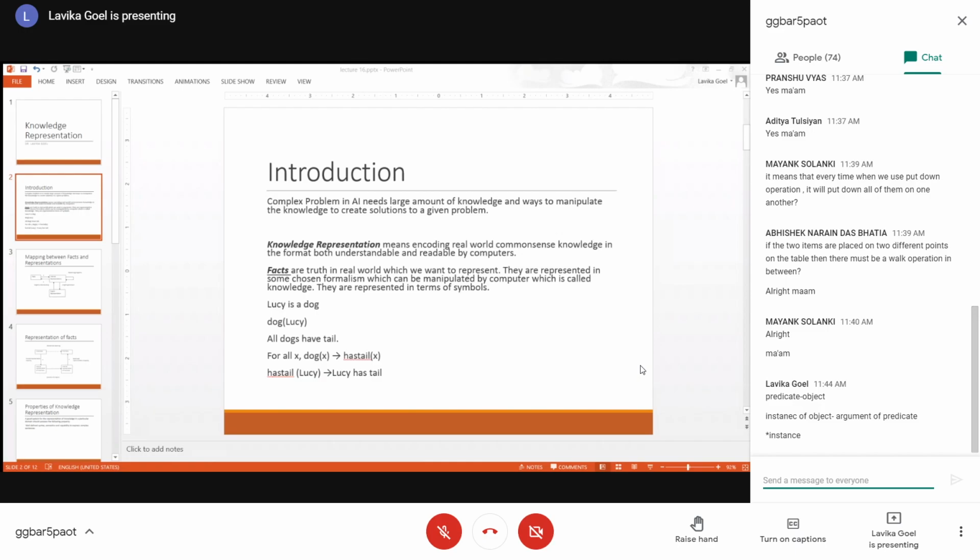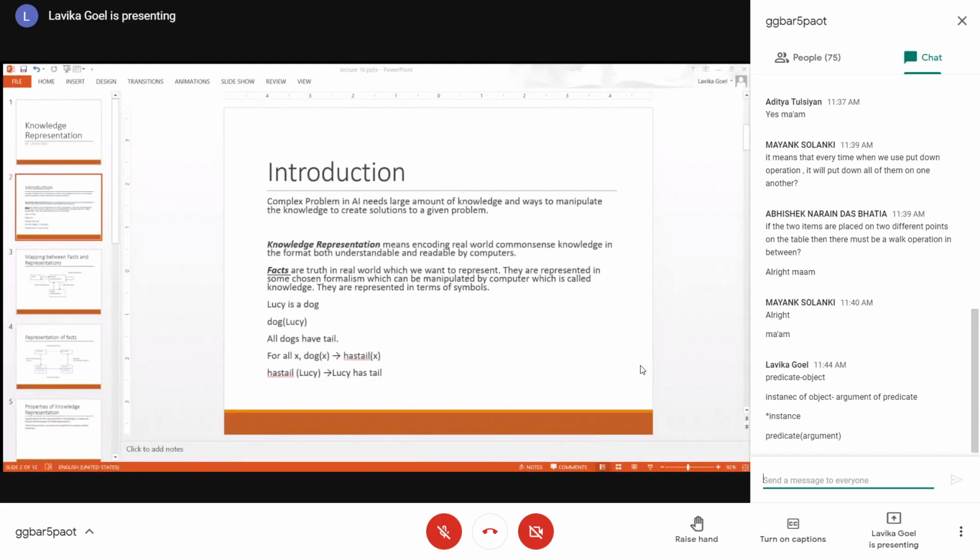So the format of writing any sentence in predicate logic is predicate(arguments), and the arguments are the instances of that object. Like this we write dog(Lucy).